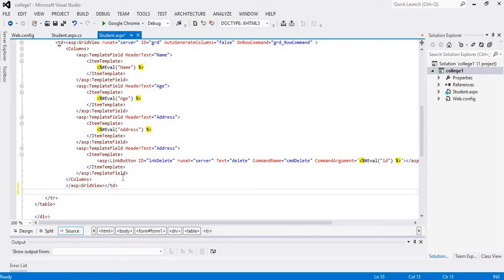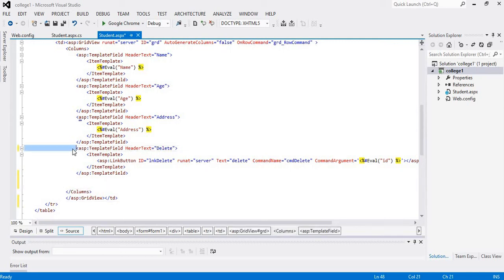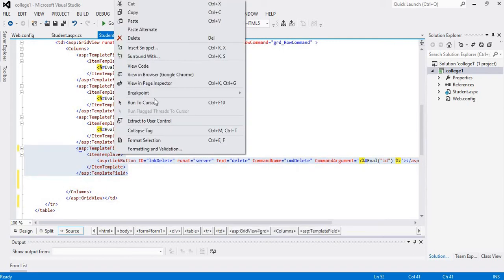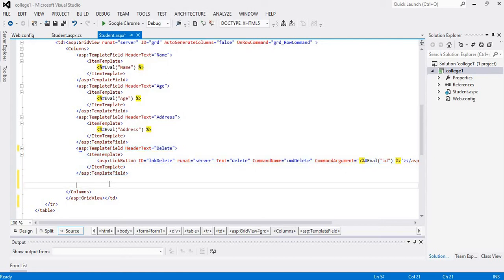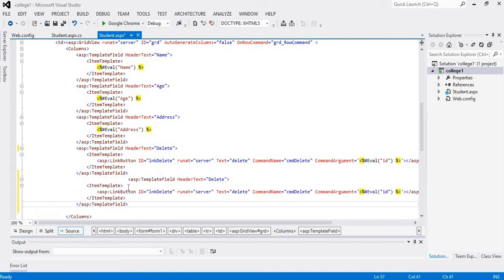So let's move. For this I'm going to copy it again and paste it. Now I will make some change here. We will write here edit.